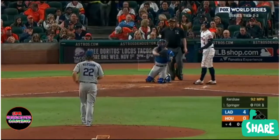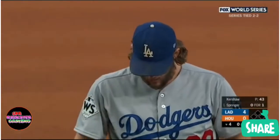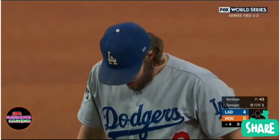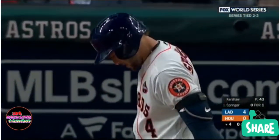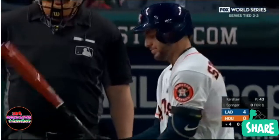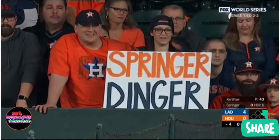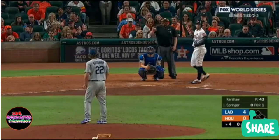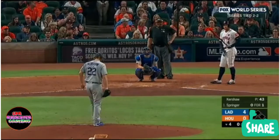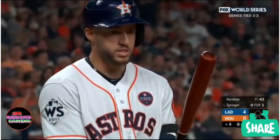Okay, 92 mile per hour fastball, not overwhelming. Also out of the zone right there. So you can see right now he's got a 3-1 count. We're just going over this pitch by pitch because Clayton Kershaw has talked a little bit about the Astros over the last couple months. And so I wanted to take a closer look at what really happened to Clayton Kershaw in